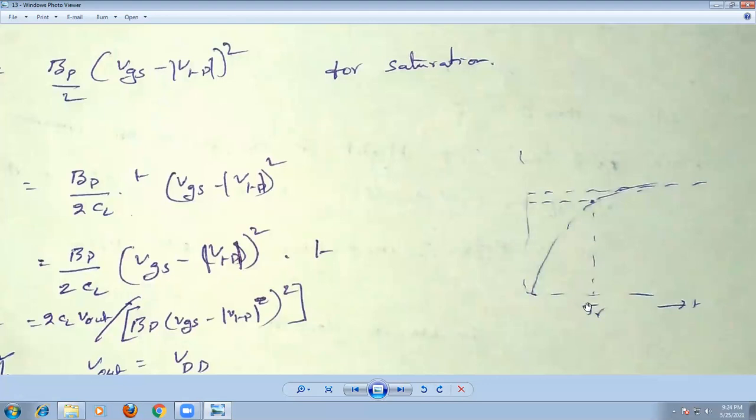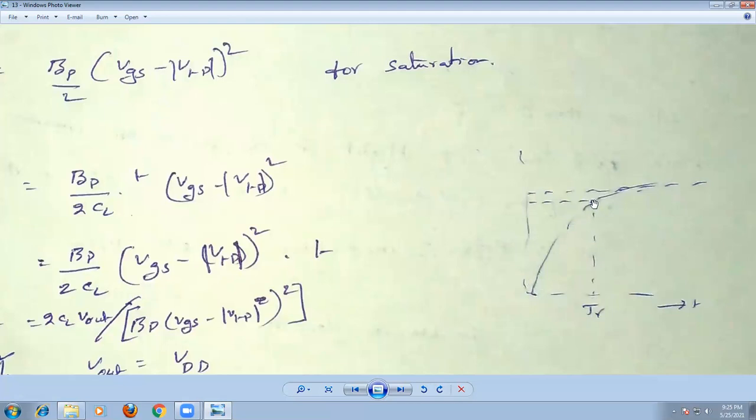After 5 time constants, there is 90%. Rise time is nothing but the time in which the signal varies from 10% to 90% of its final voltage. What is the rise time? Basically, the time at which the output signal varies from 10% of its final voltage to 90% of its final voltage. That you can consider as the rise time.